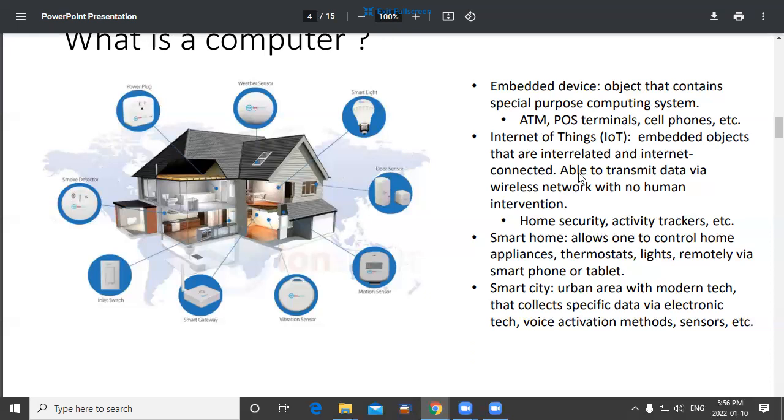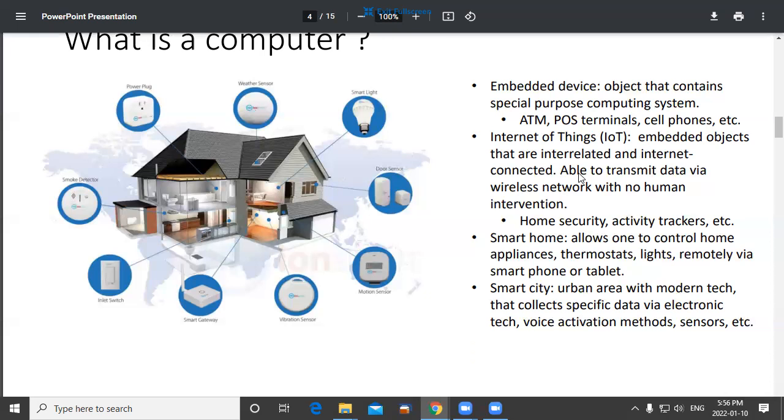Or the other thing you could have is a port on your car, and anybody who races cars would know this. You can have a port that connects to the computer in your car, and you can reprogram the computer. If you do that, you can adjust the characteristics of the way the engine is burning. You can make it burn leaner or hotter or cooler. And so you'll see that at the race circuit, the guy pulls into the pits, and somebody will pull out a laptop and start doing stuff. What they're doing is reprogramming the computer on the car, so it'll run differently. And they do that with motorcycles as well.